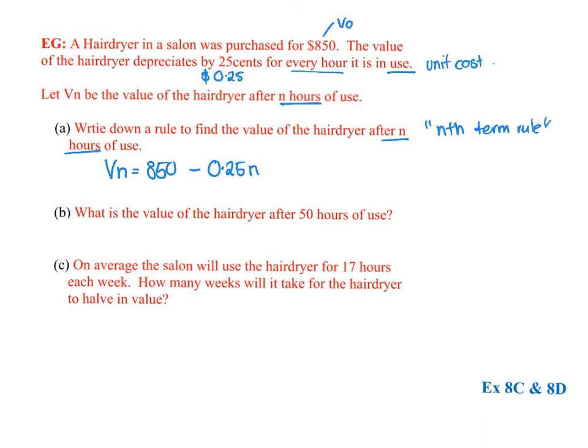So we've used the nth term formula. What is the value of the hairdryer after 50 hours? So they really want V50. V50 would equal 850 minus 0.25 times 50. And work that out. So we get